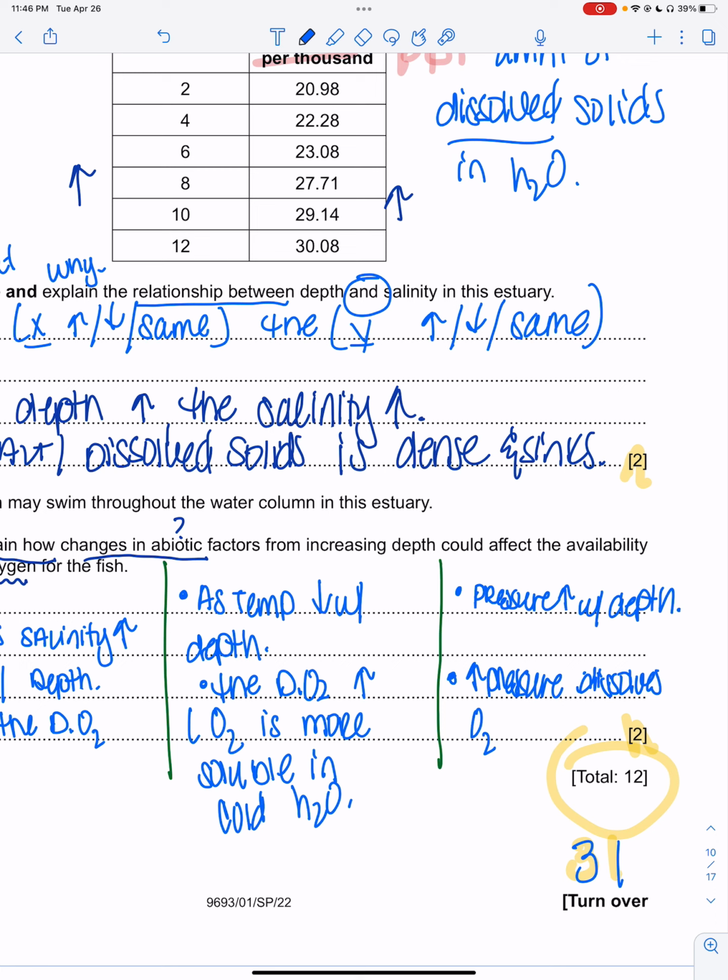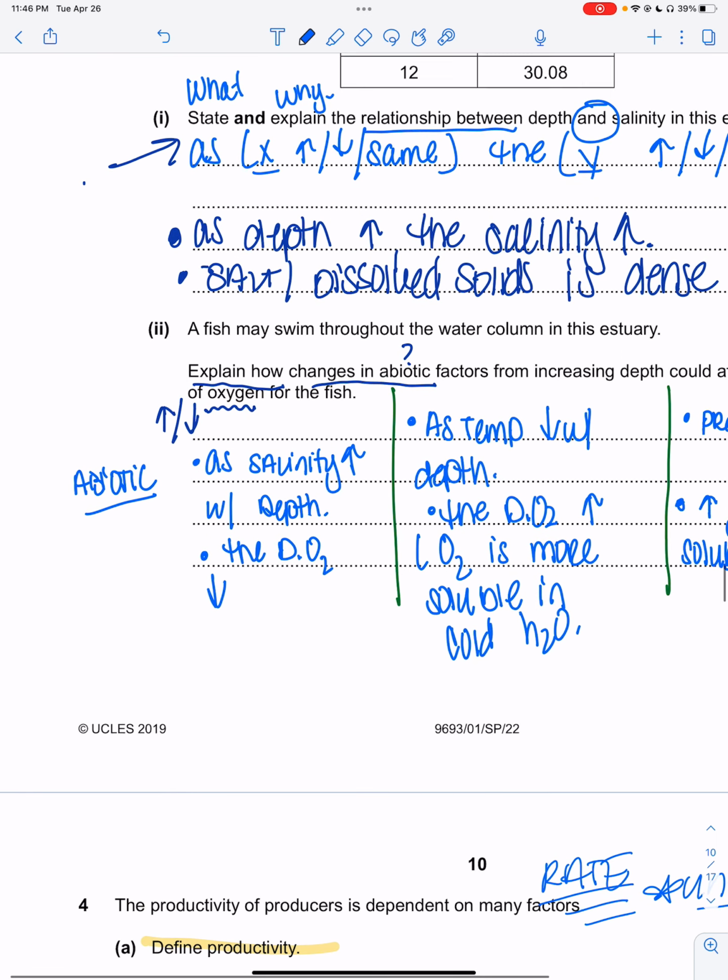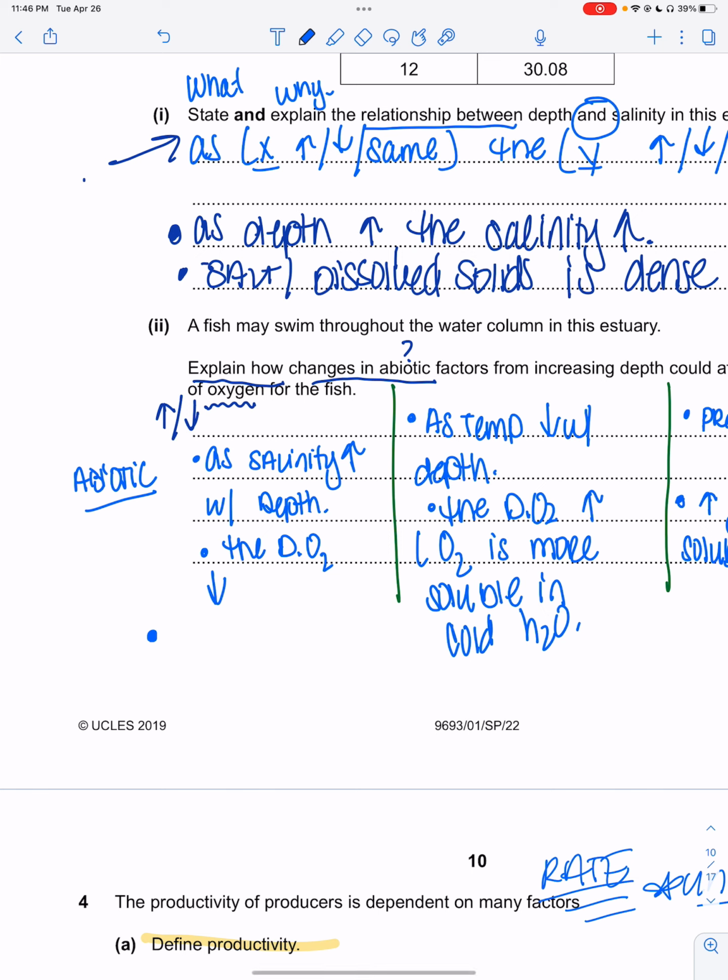How do I say that better? The high pressure increases gas, but specifically for this question, oxygen, solubility. And the last one you can have that's an abiotic feature is